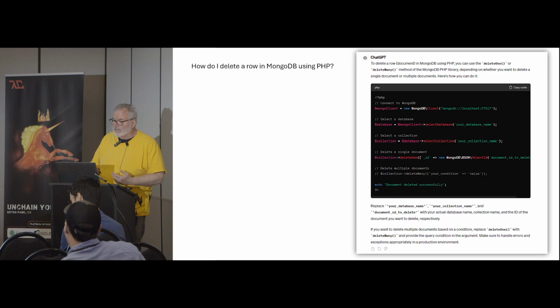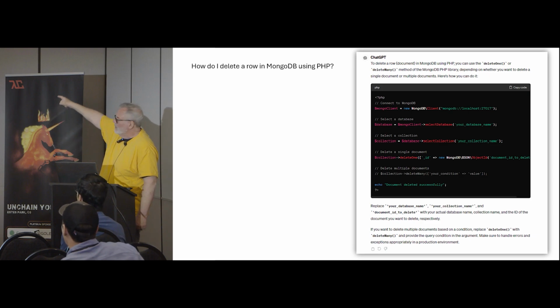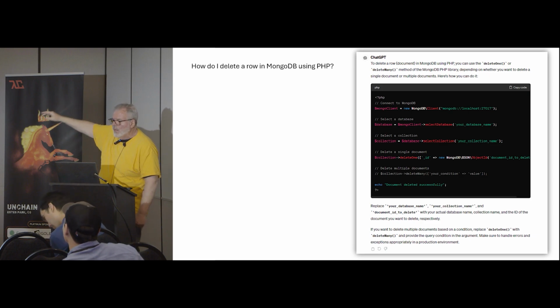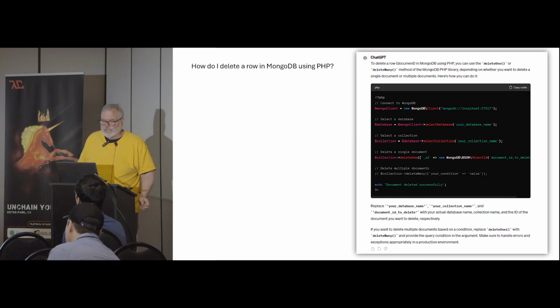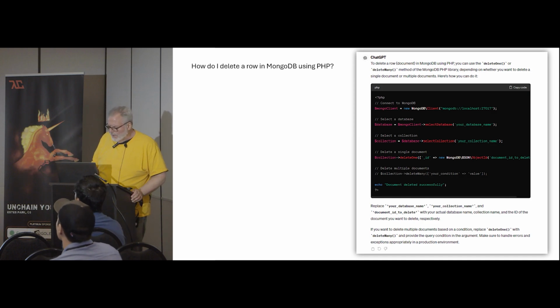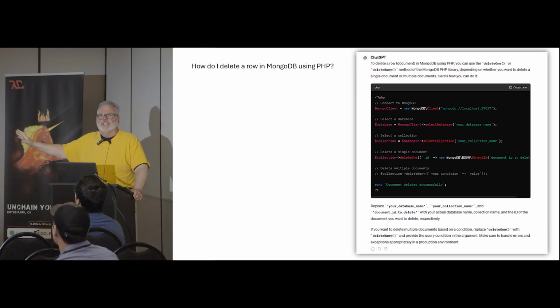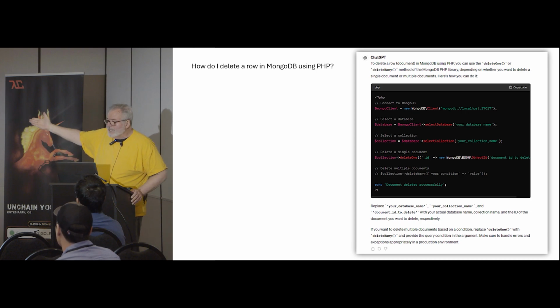Just ask this question, and you can see that it gave me sample code. There's even a button at the top that says copy that code. Below that, there's an explanation of the code right here. It's really a nice learning tool for you. And even if I do know these things, it might be just boilerplate plumbing code that I don't like to type. It can get me started right there.